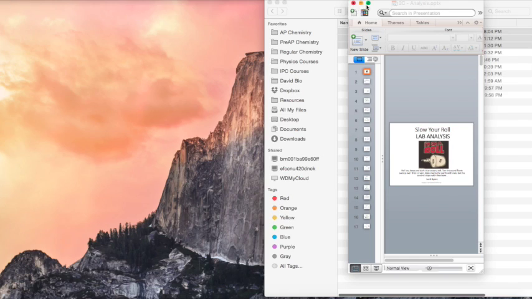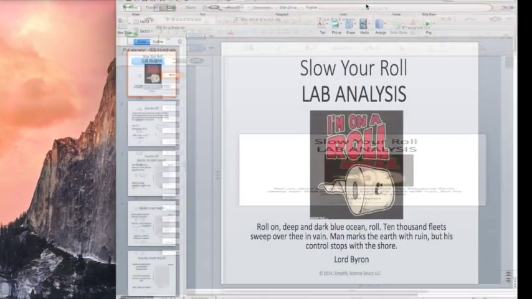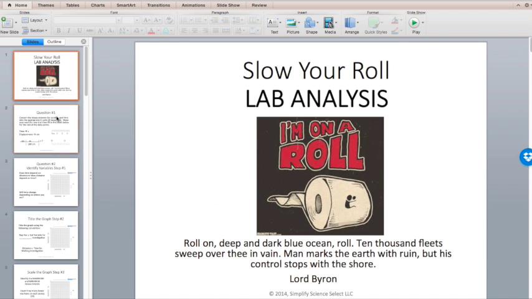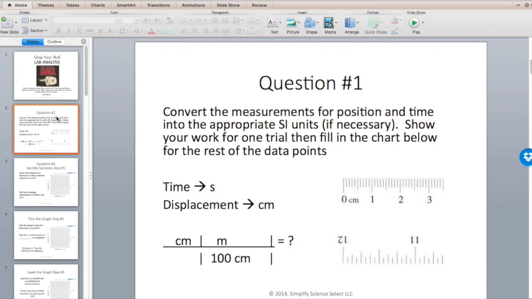In addition to this, we provide the analysis documents as well. And the analysis documents are structured very similar to our note PowerPoints, and they go through the questions one by one. And so you see convert the measurements for position and time into appropriate SI units if necessary. And then you see examples of, oh, time should be in seconds. Displacement is in centimeters, so that's a problem, and it gives the dimensional analysis structure of how to go from